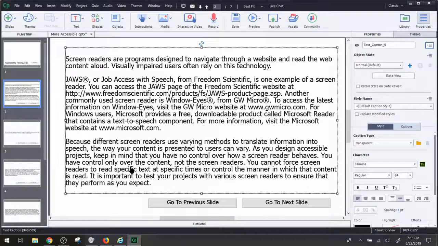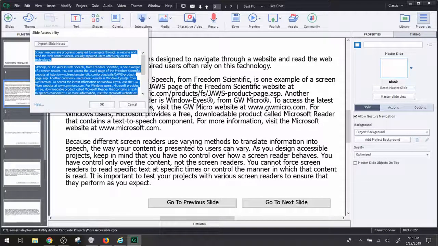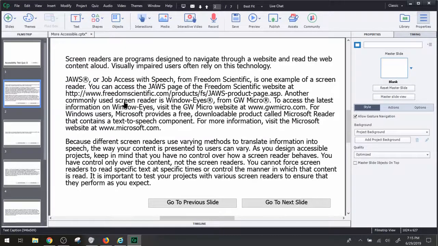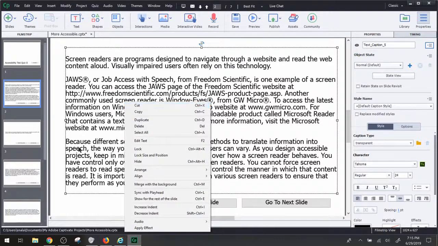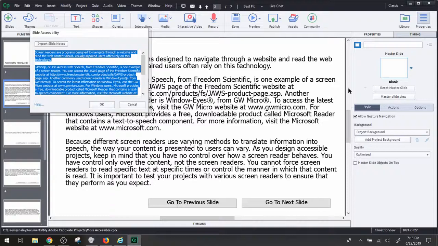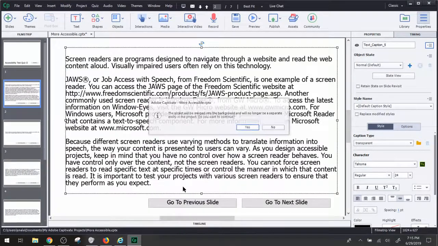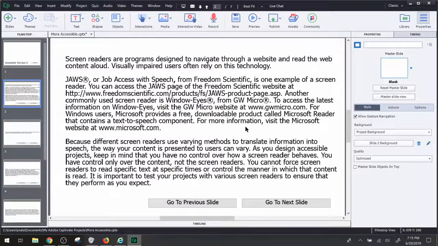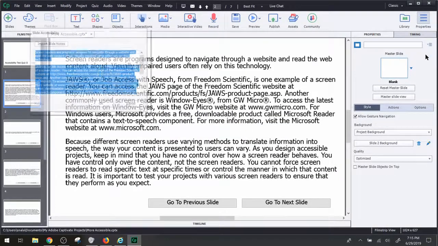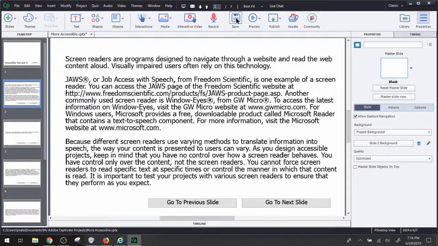Okay, so here are the slide notes. This is everything that's on this screen. And I have to make sure I'm on the slide view. Go to access, go here, and then merge the text with the background. And then just double check these accessibility notes, and they're still the same. So I'm going to save this,